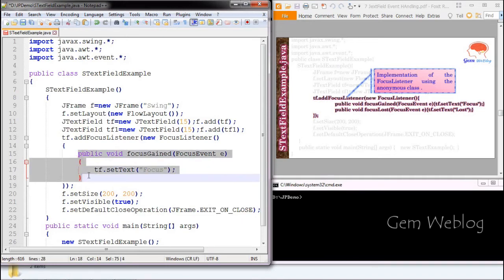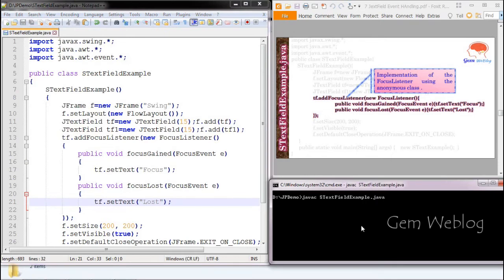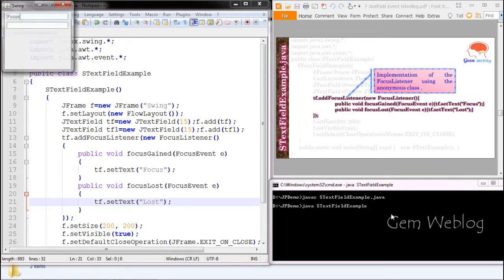Inside focusLost, whenever the first text field loses its focus, it will set the text to "lost". Now initially the first text field has got focus. Whenever it loses the focus, the text changes to "lost". Whenever it gains the focus, it will change to "focus".